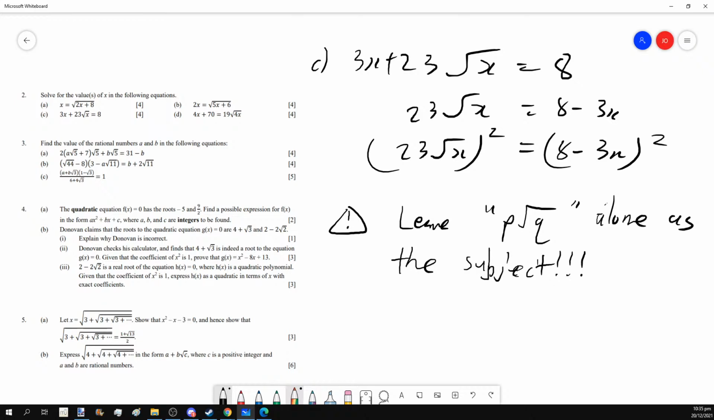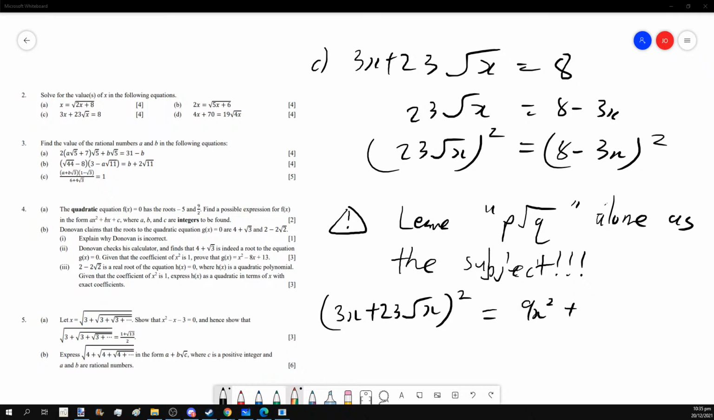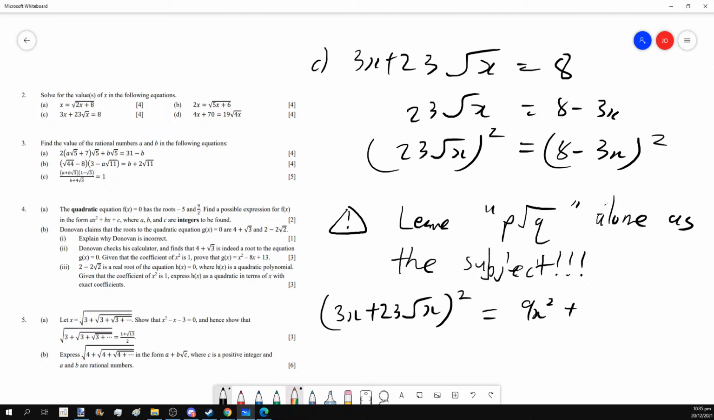Now, why is this a danger zone? The reason is simple actually. If we were to start with the original math problem and square both sides immediately, this will produce 9x squared plus, let's see, plus 138, is it 138? 3 times 23 times 2. Yes, 138 plus 138 x root x plus